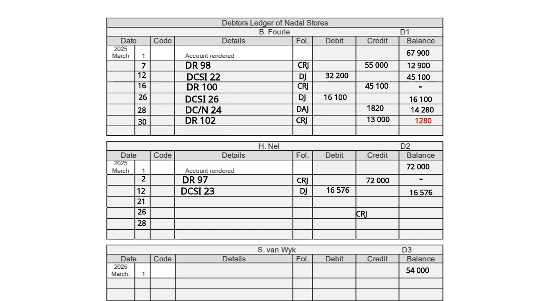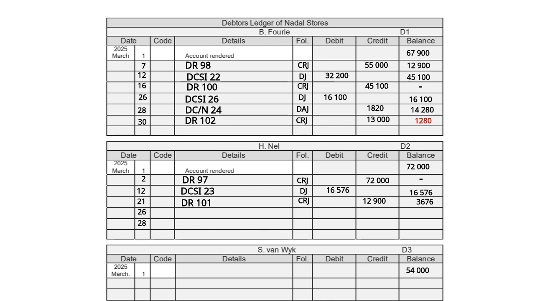Then on the 21st, it says receive 12,900 Rand from HNL as partial payment of his outstanding debt. So again, the journal is CRJ because he's settling some of his debt, so we're receiving money. His debt will go down. The partial payment that he is making is 12,900 Rand. So 12,900 in the credit column. It's a duplicate receipt 101. So now his balance is slightly less,